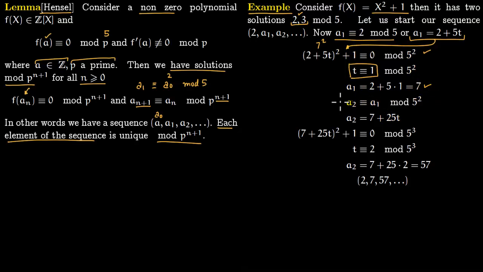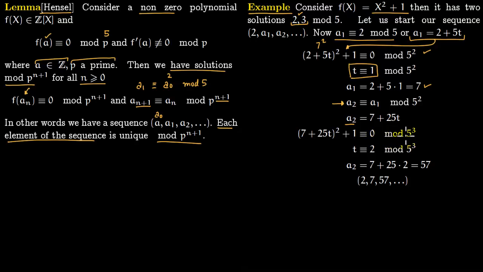Now we want to construct a_2. Again this a_2 will be equal to a_1 modulo 5 square. So notice this index matches this index. So a_2 matches this a_1, which we have already solved as 7. So a_2 has to be equal to 7 plus 5 square, which is 25t. Again this a_2 will satisfy such an equation. In fact, we are trying to find a_2. So you plug it in here